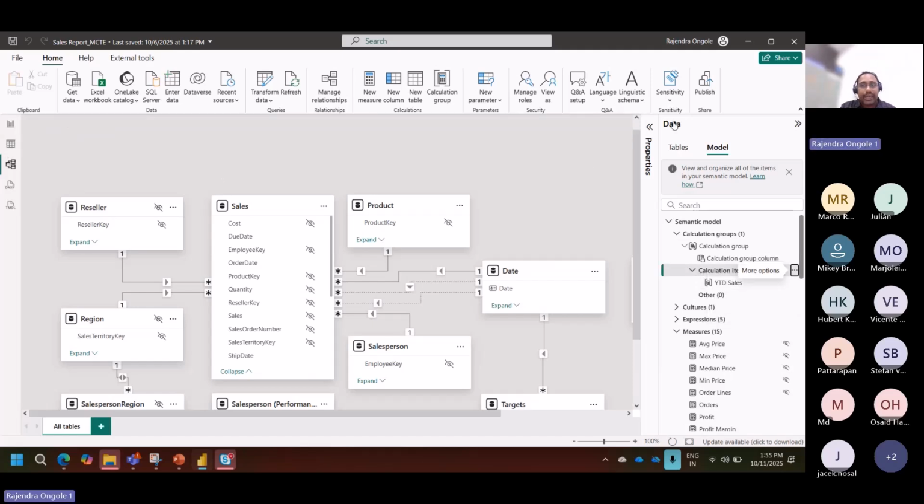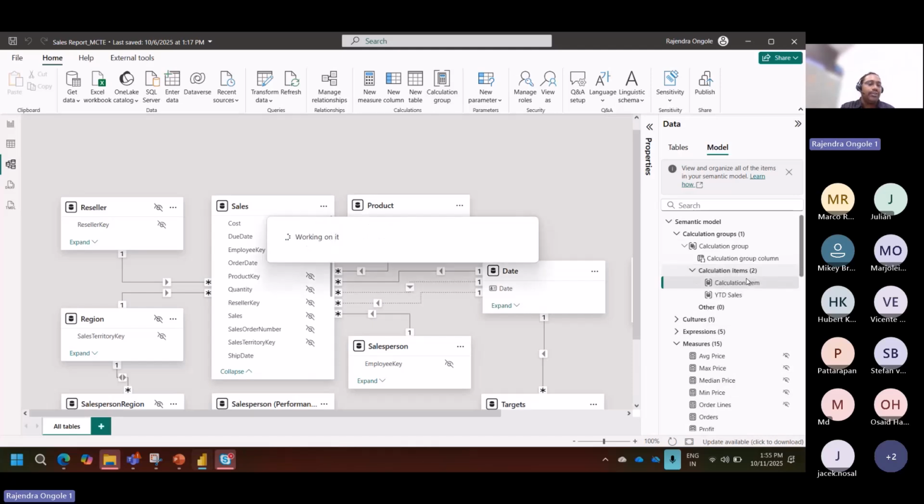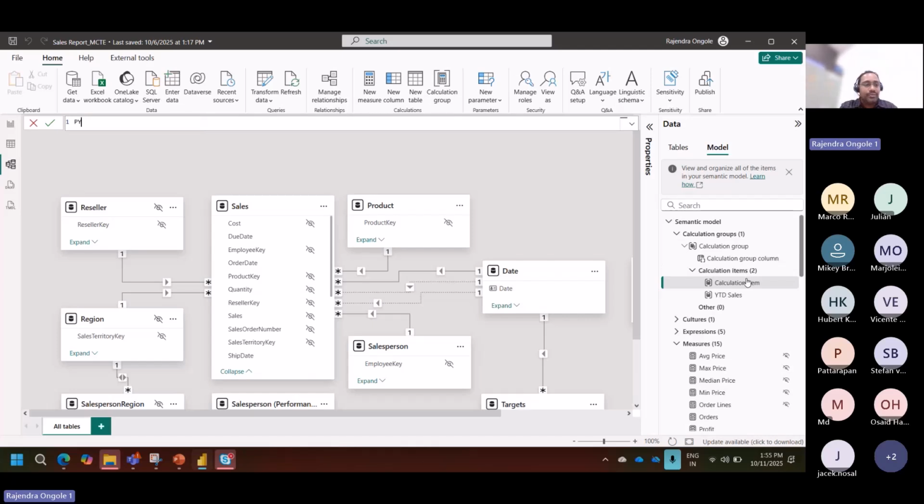Let me create a few more, like previous year. I'm very much interested to see previous year. A common mistake: there's no need to create one more calculation group. Here itself, we can add the next measure you are interested in. So let me create a new calculation item and give it the name previous year sales, and CALCULATE